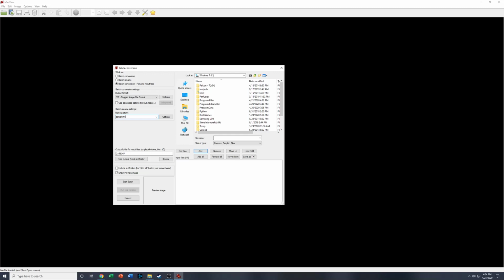The reason why that's important, as you may or may not know, is that if we had just put one pound sign and we had, let's say, 100 images, so we had image 1, 2, 3, 4, 5, 6, 7, 8, 9, 10, and then on up to 100,